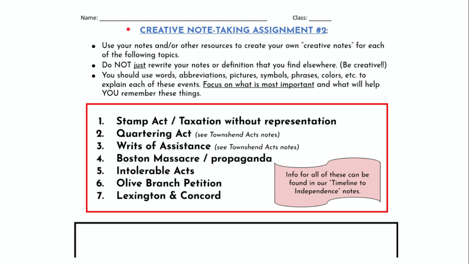Now, you're going to answer a couple questions, but then you're also going to turn to this. Today, you guys are going to work on number 1 and 2 of creative notes. So the first one should talk about the Stamp Act and taxation without representation. Use the information in your notes for that. Don't Google it. Don't go to Wikipedia. Don't give me lots of words you don't understand. Keep it simple. Same with the Quartering Act. There's not very much for the Quartering Act that you need to write.